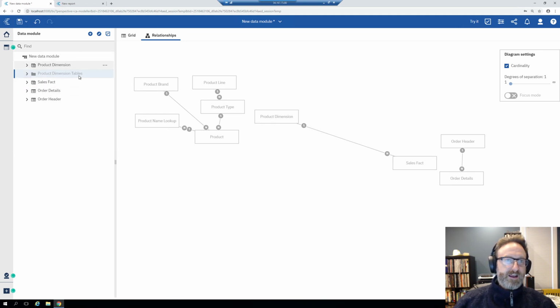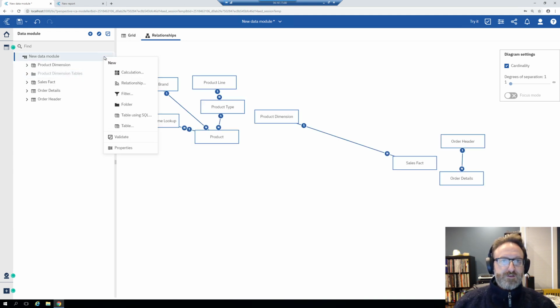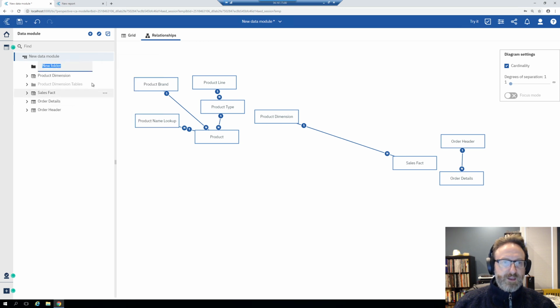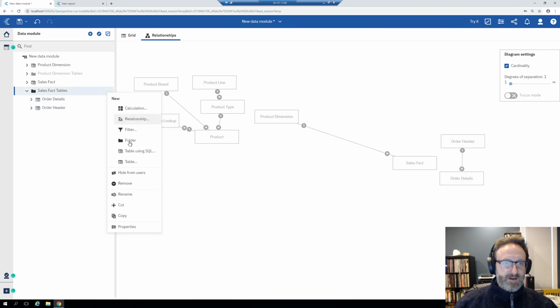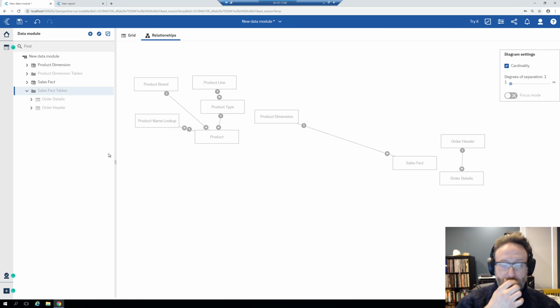But it's still there, and it's really easy for me to understand, and for other developers who may come in here to understand what is going on, what tables feed the product dimension. I'm doing everything I can to make that just as clear as possible, to make this as easy as possible to support. So then I'm going to do the exact same thing, make a new folder, sales fact tables, move that under the sales fact, control click the order details and order header table, and then I'll go ahead and hide those from my users too. So now you can